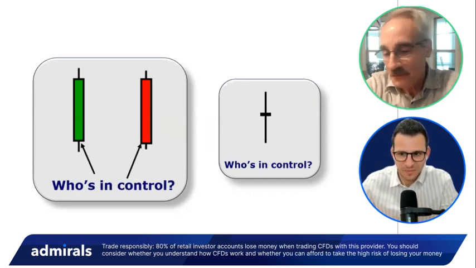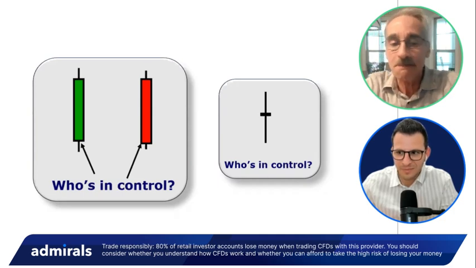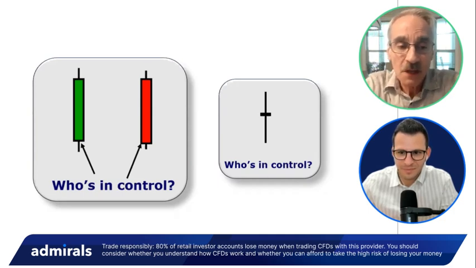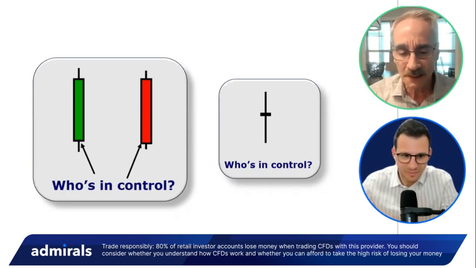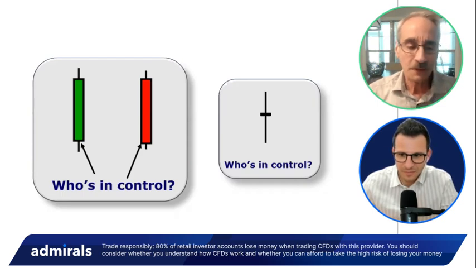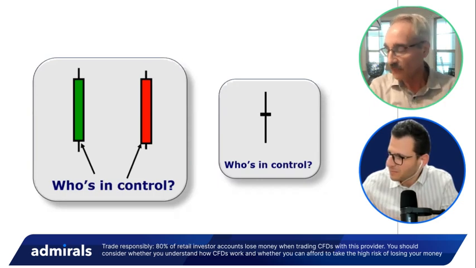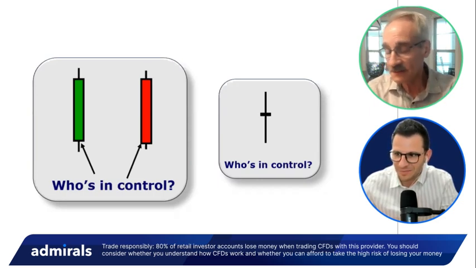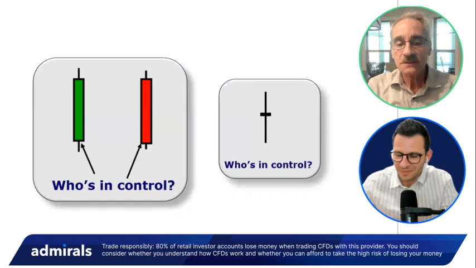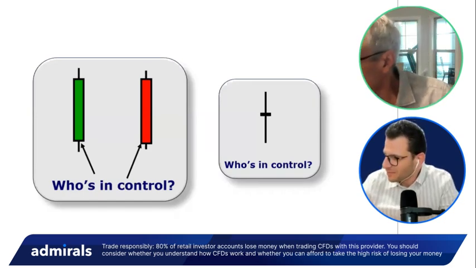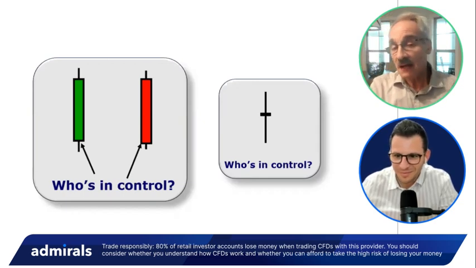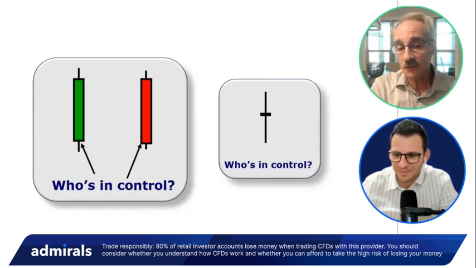A doji, and you can write this down, a doji means there's a balance between the bulls and the bears. So if we have a rally, and I'll show some charts later. And by the way, most of my charts are not Forex. I do trade a little bit of Forex, but whatever I show you there is applicable in the Forex market. And we'll have a link for a way to get more information about candles and Forex at the end of the session. So just think of this as, if the market's moving up, there's an equilibrium between the bulls and the bears, and it could continue still moving up.